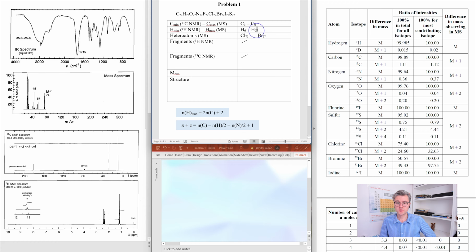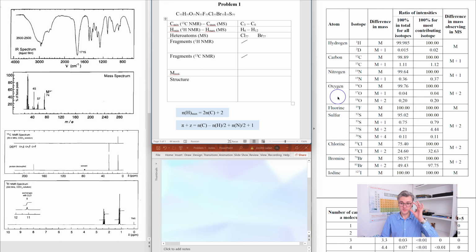But the number which we calculate over here should be a multiple of 6, which means we cannot write 14 but 12. Then we should see whether we have chlorines and bromines in our molecule. This is pretty easy to see with mass spectrometry. On the right you can see